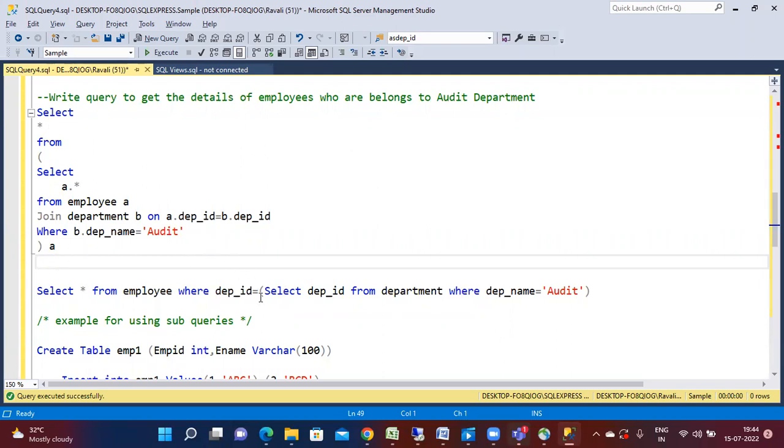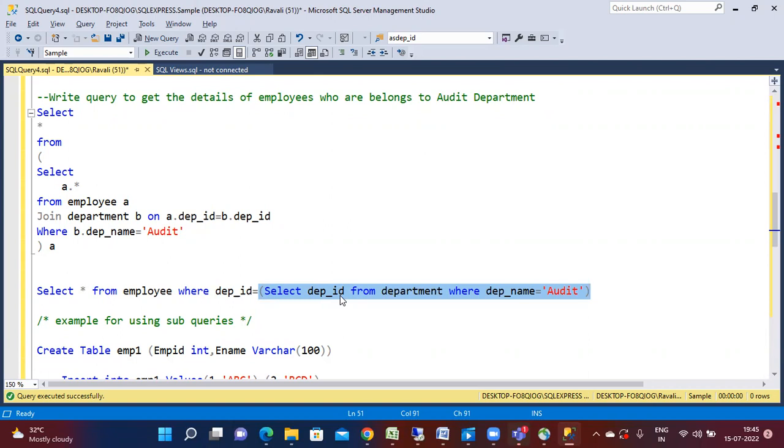When you come to the where clause subquery, the result of the subquery might be, see, this department ID is expecting some value for comparison. This is LHS, left hand side, and this is right hand side. The left hand side is the department ID column. When you are using an equal to operator on the right hand side, how many values will it support? Only one value. So if you are using equals to operator and your subquery is returning more than one value,